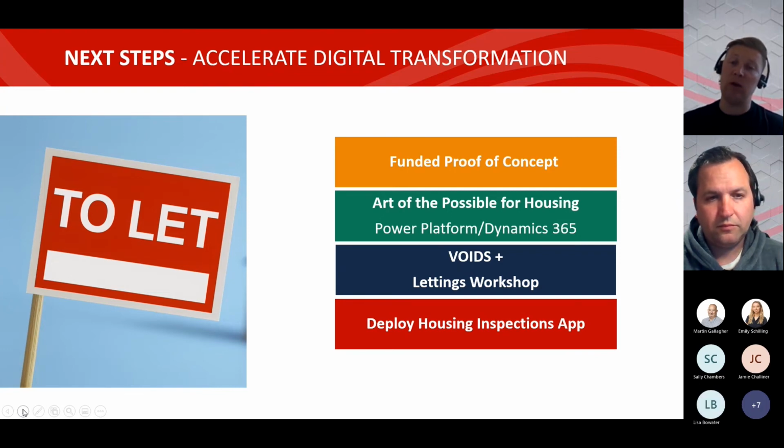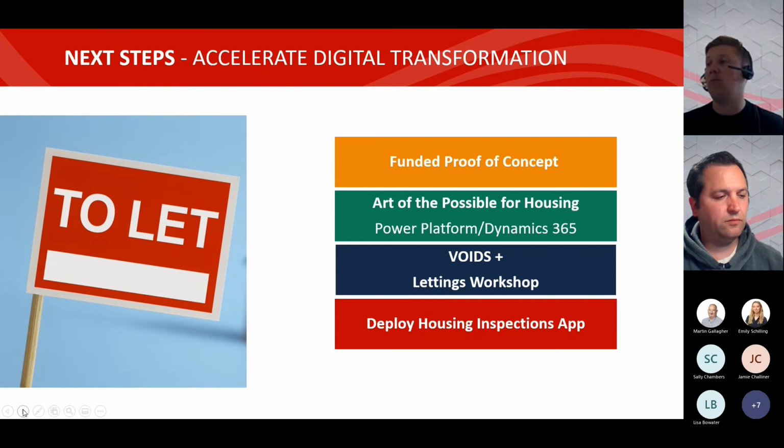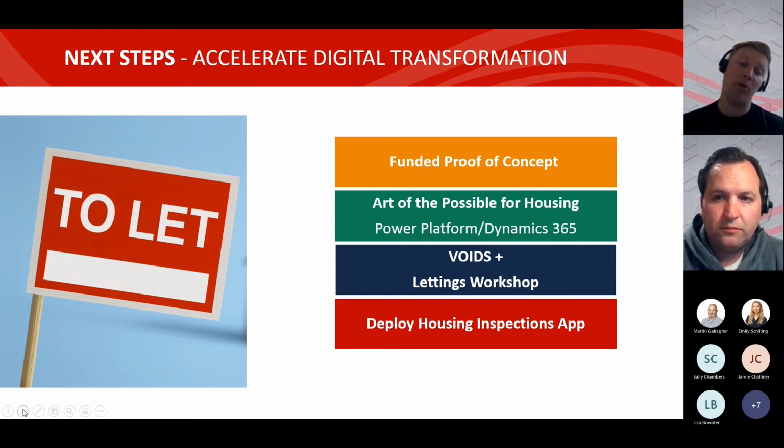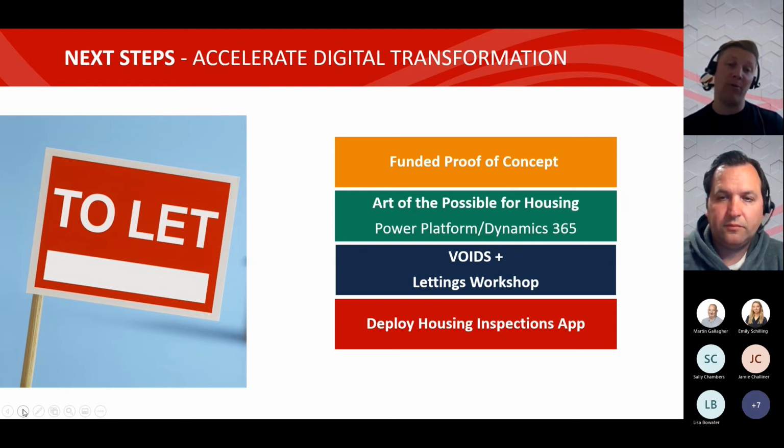So that's something we can do very quickly. It can give you it as an example to work on. In addition to that, if you wanted to go into more of the detail with us around voids and lettings, we offer workshops that are comprehensive around that. That can actually go into those details and work with you to understand a little bit more about your processes and how you might do that process, and integrate it into your existing housing management system or replace that process